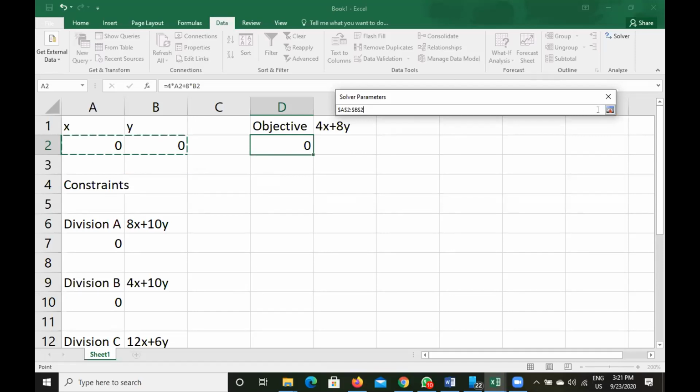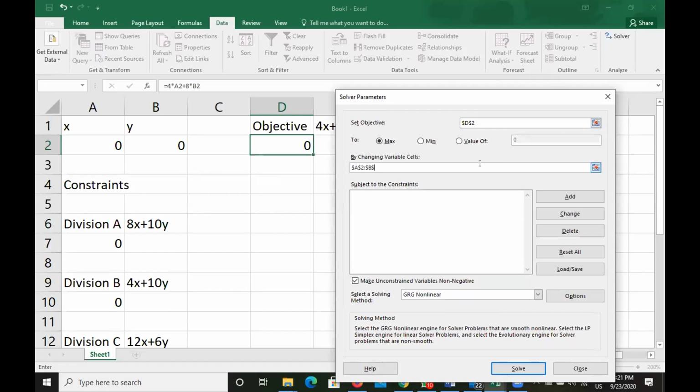Okay, I'm showing you again. Click on By Changing Variable Cells; below this, there is a place where you can write. So click on this red button.